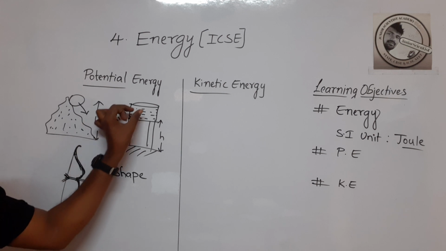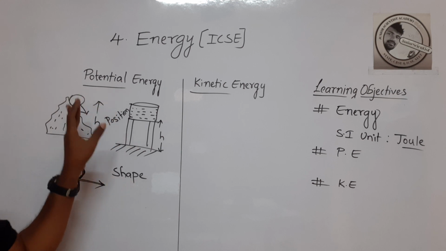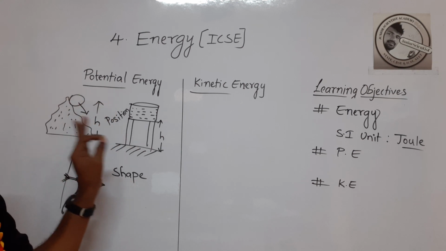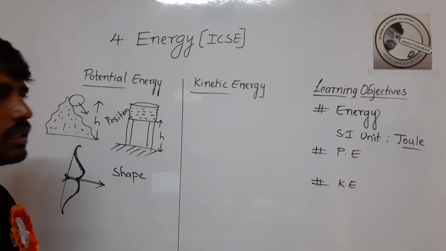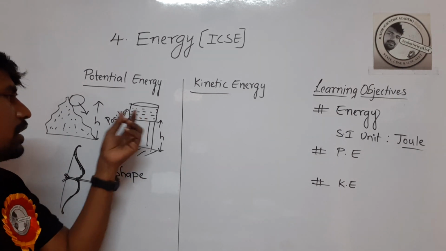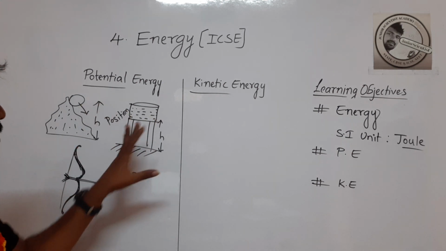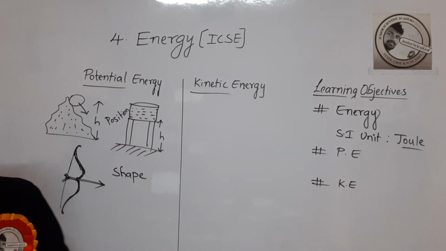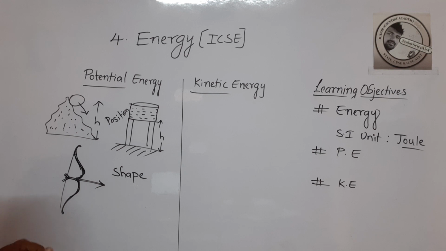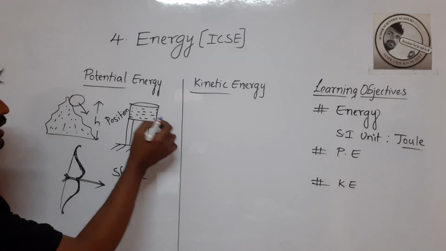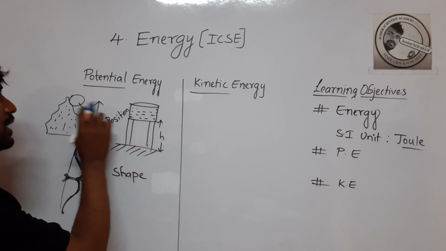So we got energy. How did it come? The energy possessed by a body due to its state of rest or position is called potential energy. State of rest: because of its rest or its position, it gets energy, then we call it potential energy. Okay, right. So here, what is the formula for this? Here, an overhead tank, there is an object, water is there,